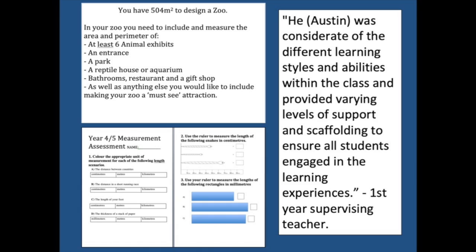Allowing the students to put anything they wanted in the zoo made this task an open-ended task that allowed the more high-level students to challenge themselves, while the more lower-ended students only needed to do the minimum requirements of the task. Furthermore, I have demonstrated the ability to differentiate as shown in my Year 4-5 measurement assessment that I used